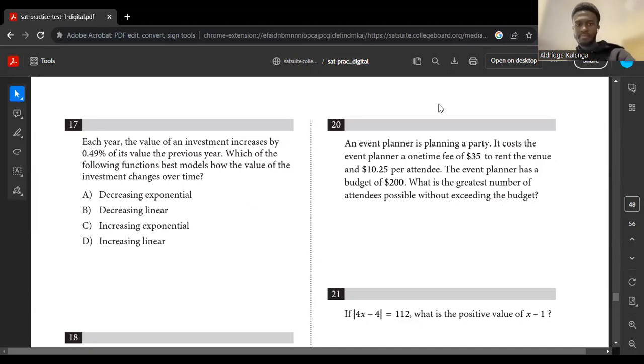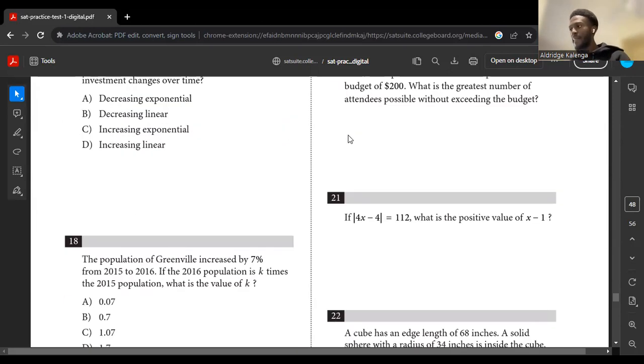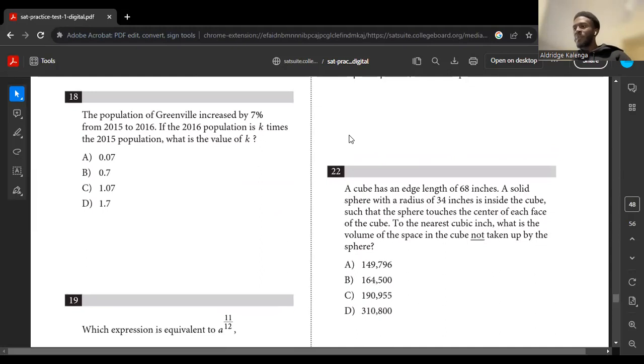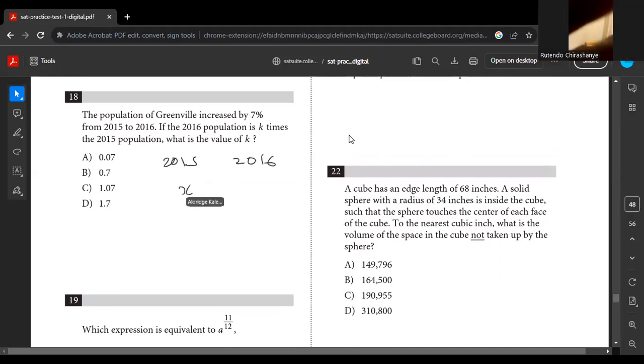Awesome. So the population of Greenville increased by 7%, excuse me, from 2015 to 2016. So let's say 2015, and then let's say we have 2016. So if in 2015 we had X, then it means in 2016 we had